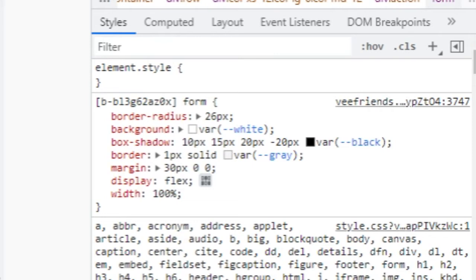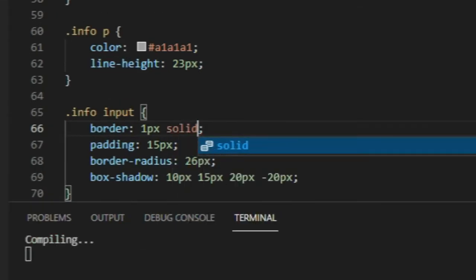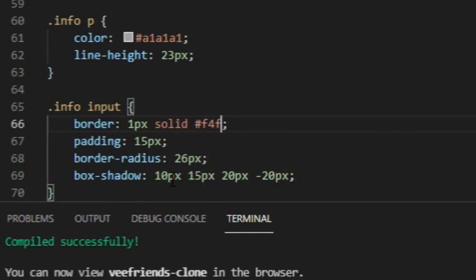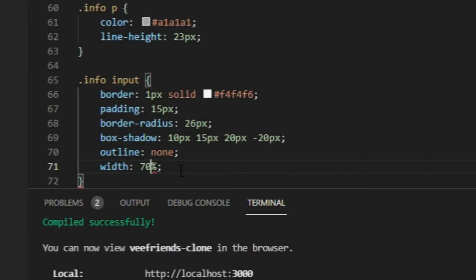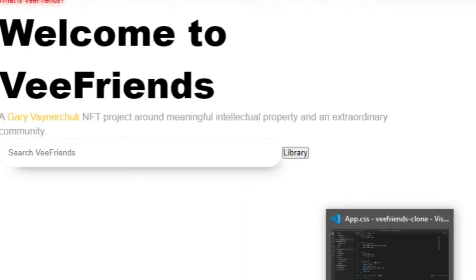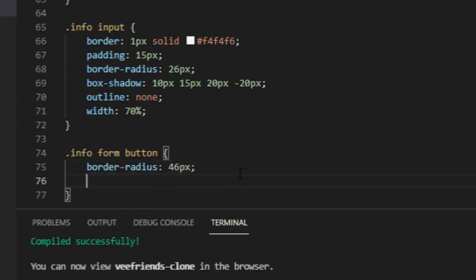And I got it from inspect, as you can see, from the actual Veefriends website. Change the border to solid, 1 pixel, f4, f4, f6, which is kind of white. There we go. Then afterwards, I removed the outline, and then the width is 70%. Afterwards, the button inside of the same container, form button, border radius 46 pixels,